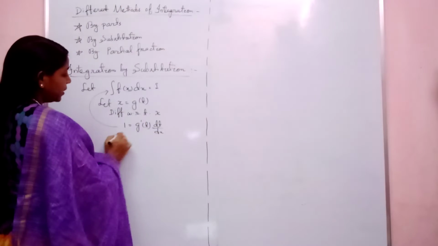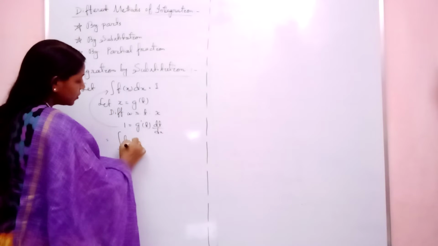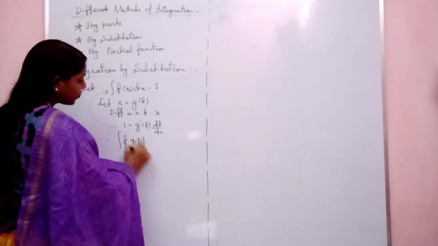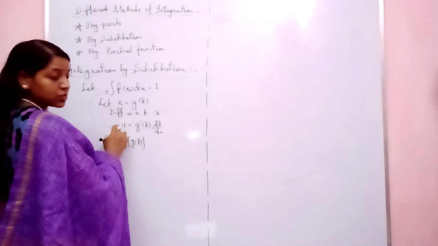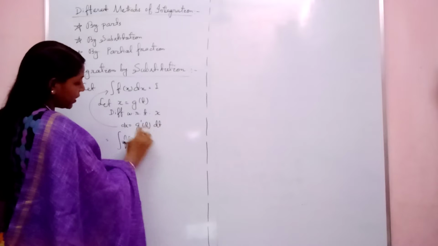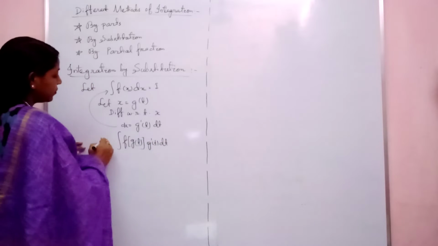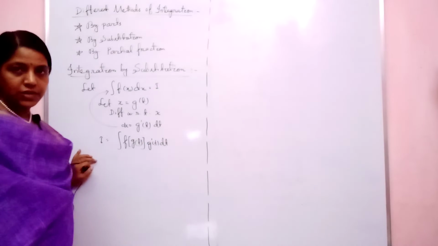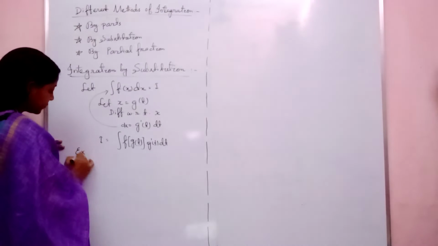Now substitute it here. So what you write? Equal to f of. Now my x is g of t. So g of t. Now what is my dx? Keep this dx to this side. So what you will write? If you take this dx to this side, then what is my now dx? G dash of t dt. Over. Your answer of integration. Okay, now let us see with the example first.